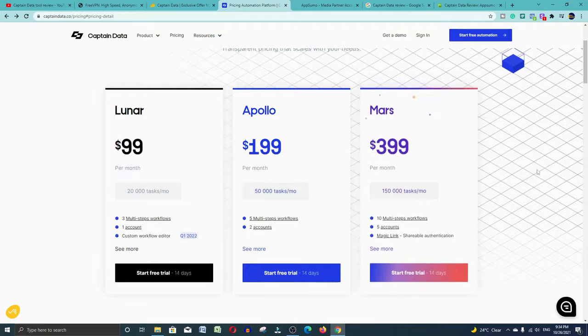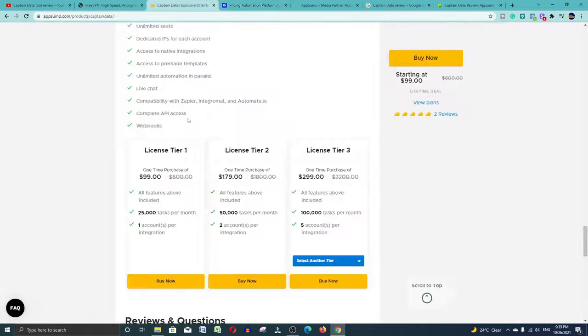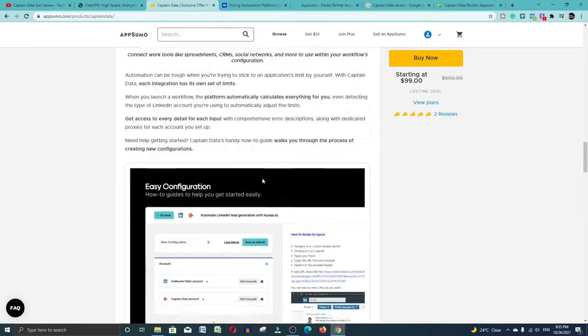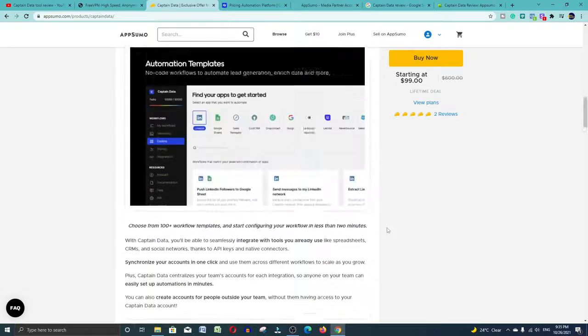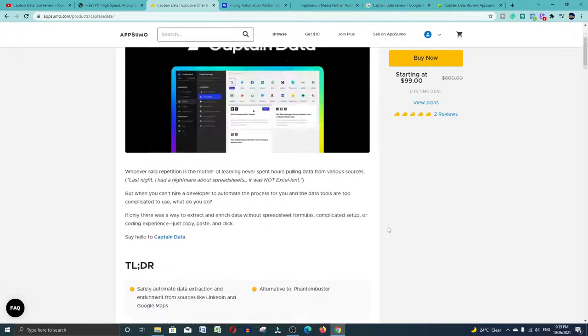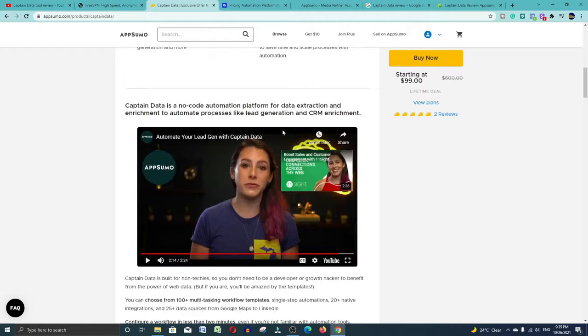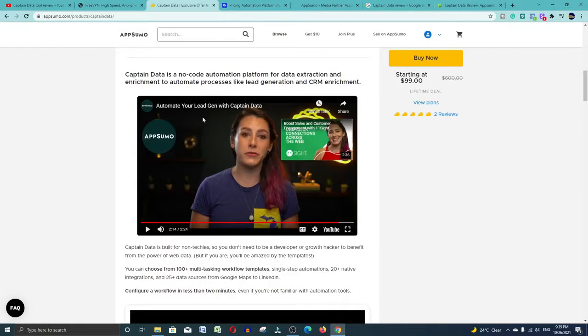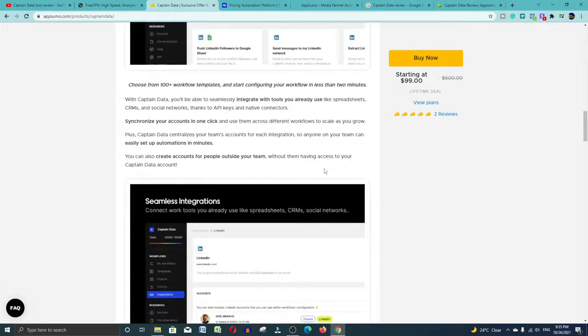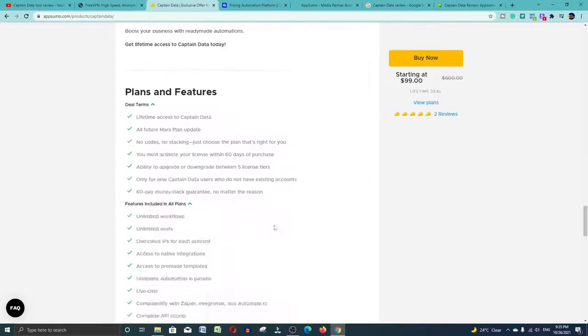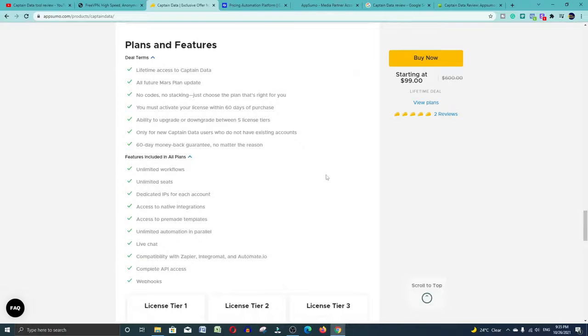But if you want a lifetime deal, you can buy this tool from the AppSumo Marketplace. AppSumo Marketplace is a platform where you can buy digital products for your digital businesses. You can automate all your businesses with these digital tools. AppSumo is a highly rated, trusted platform from where you can buy this tool. AppSumo is offering this tool at just $99 with a lifetime deal. They also have many more details about this tool: images, tutorial videos, and all the plans and features, which you can read.